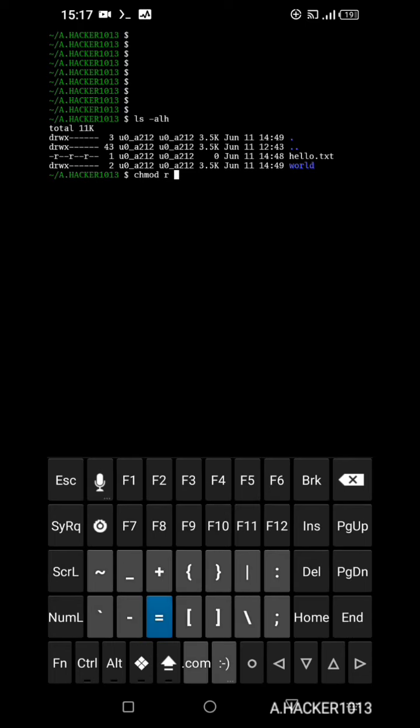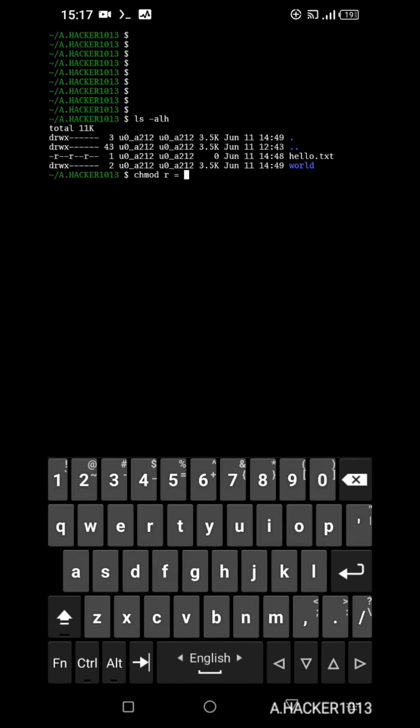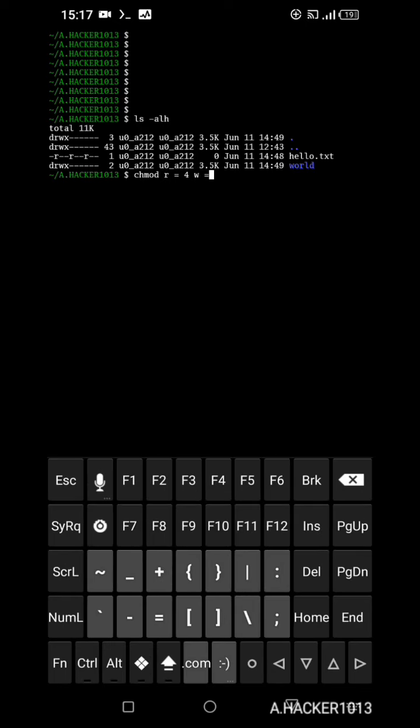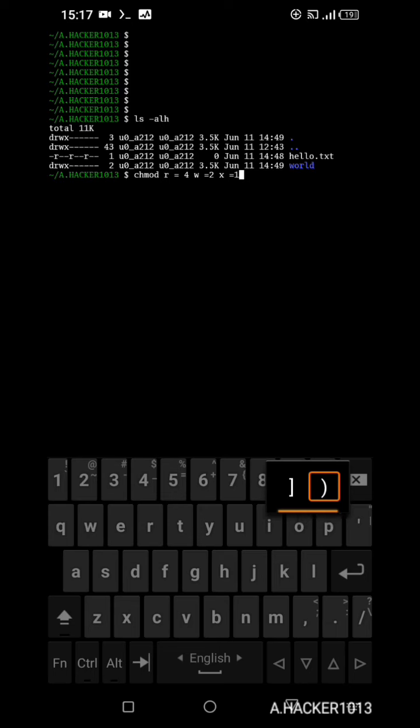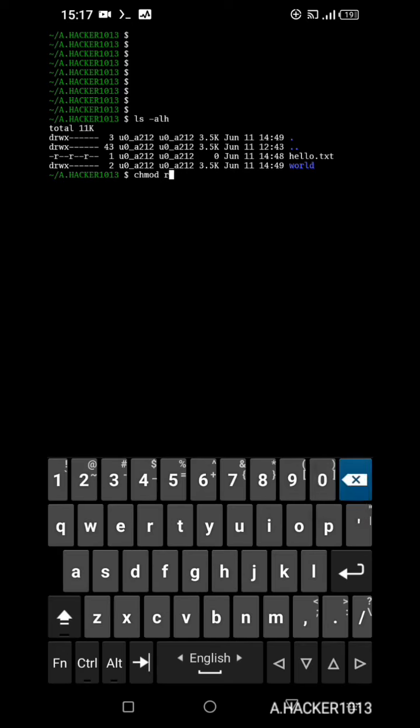So remember, guys, R is equal to 4, W is equal to 2, and X is equal to 1. So this is how the octal mode works. R is 4, W is 2, and X is 1. Let me clear this one, guys. Let's say I want to give hello.txt the permission to read. So I can say